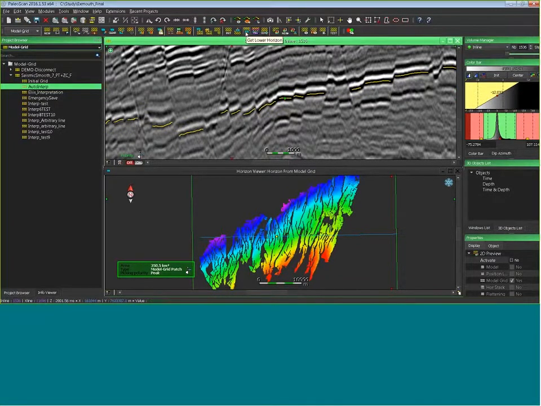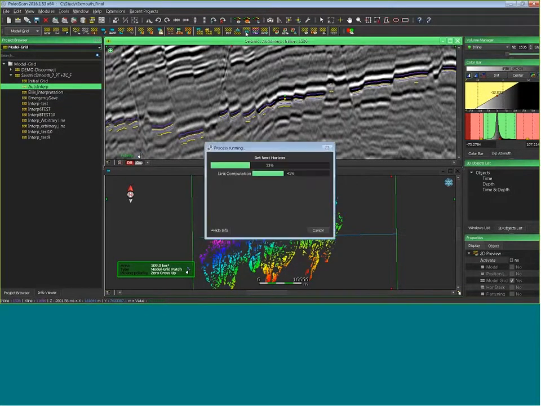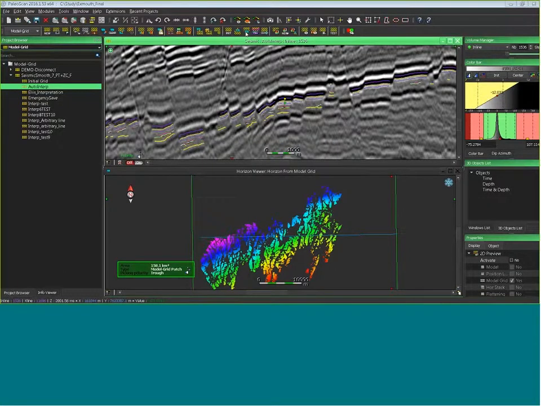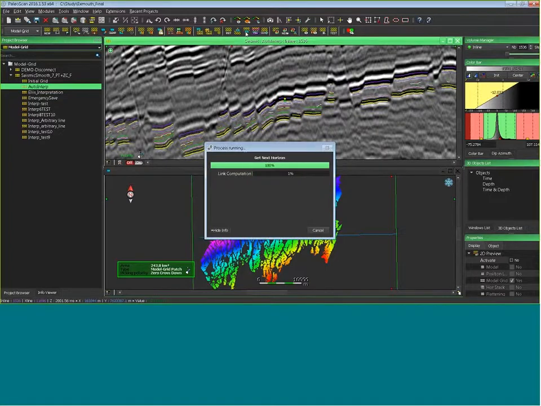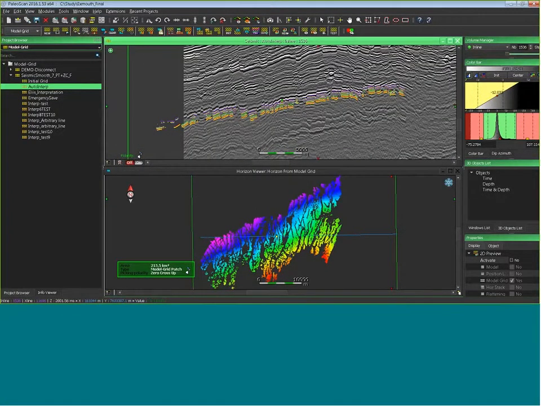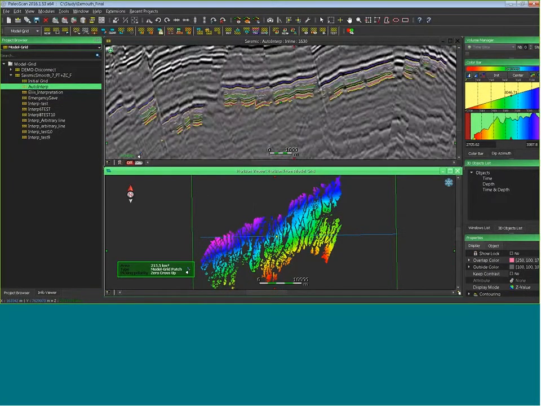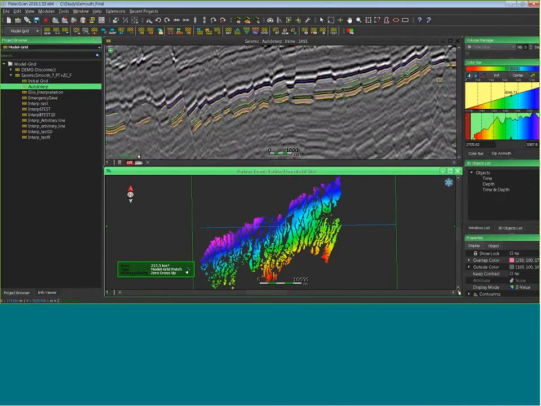I can choose to get the lower horizon or the upper horizon. Just start from this horizon, and I can try to go up and down with the same shape of horizon, the same thickness variation. And like this, I can insert very quickly many constraints into my model. Just one thing, as you can see, I just click. What is really interesting is that you still have the full control. It's a model grid horizon.